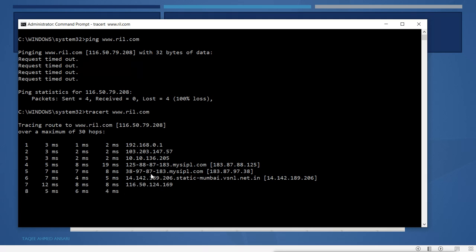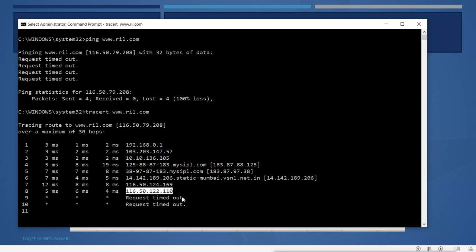Now here if you see, this IP is within the range. 116.50.79.208 is the IP which I am scanning, and this is within the range of that IP. That means these two hops are inside the organization. Now after these two hops, those two routers, you have a timeout here. Now the timeout means what? After this hop there is a firewall, or maybe this is the last IP, and maybe this is the firewall.